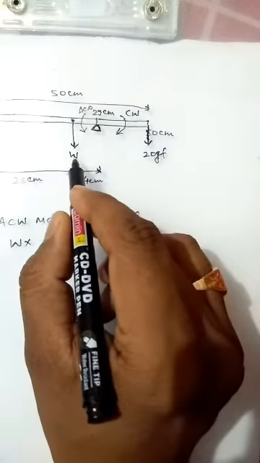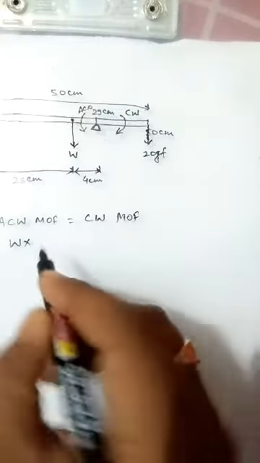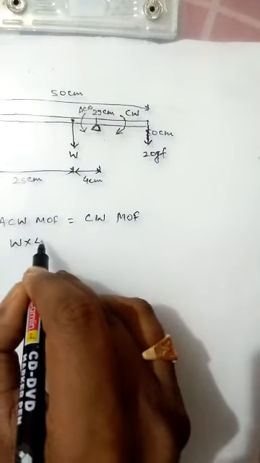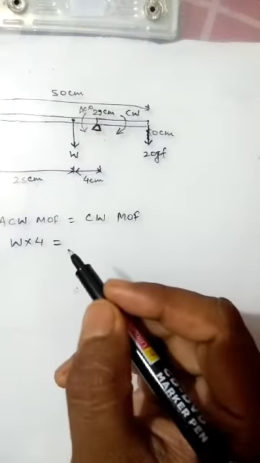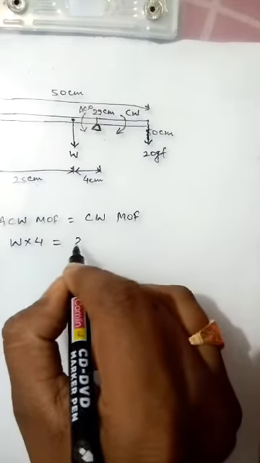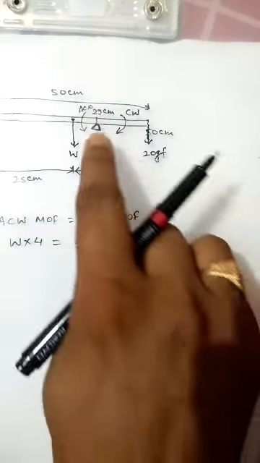Then the distance between W and pivoted end is 4 centimeter. W into 4 will be equal to 20 into